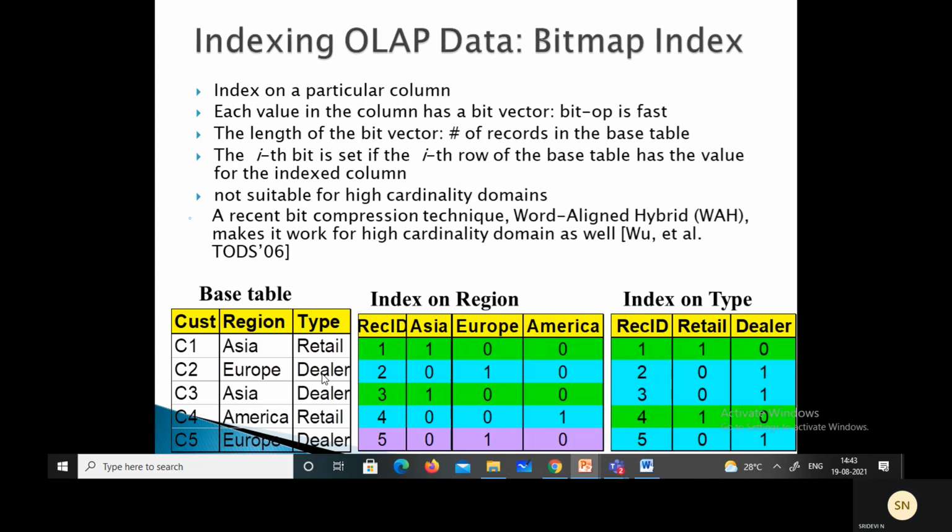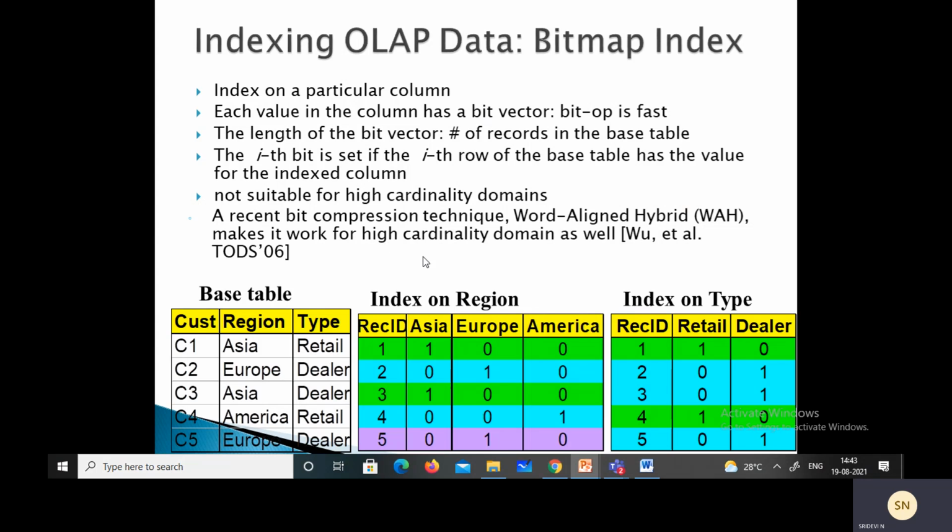Second record, the type is dealer, so that bit is set to 1. Third is a dealer, so the bit is set to 1. Fourth record, retail, yes, it is set to 1. Fifth record is dealer, so that bit is set to 1. So the ith bit is set if the ith row of the base table has the value for the indexed column.